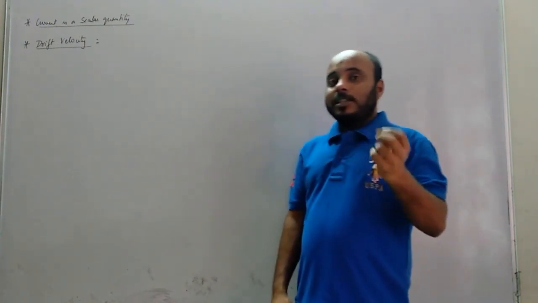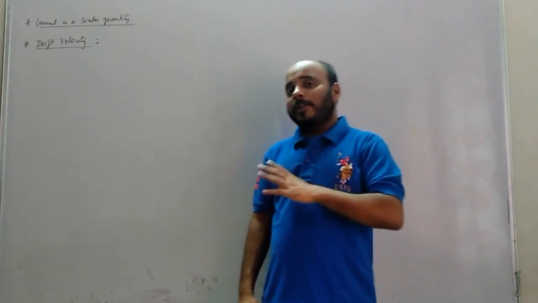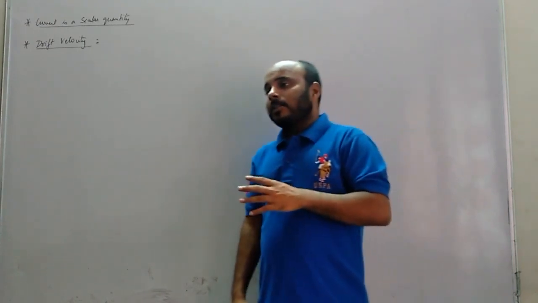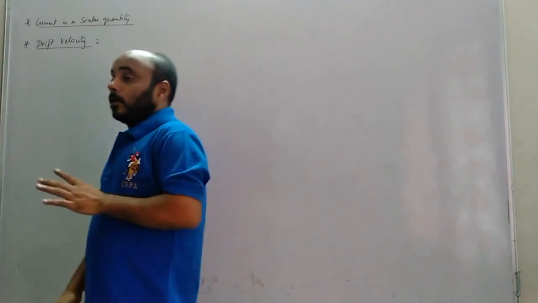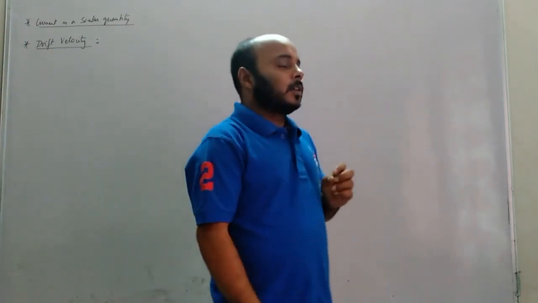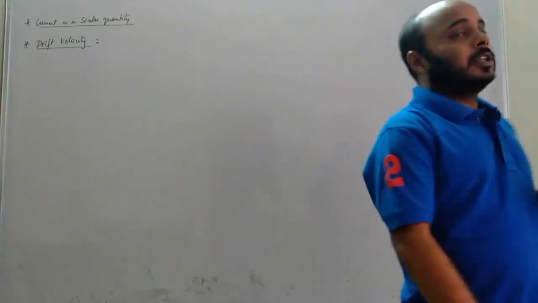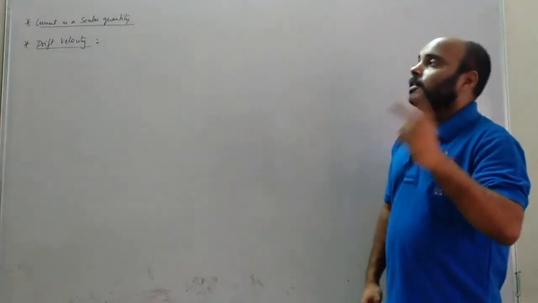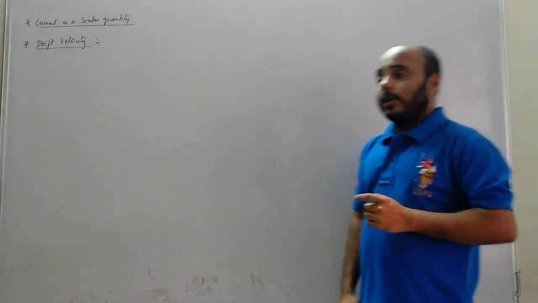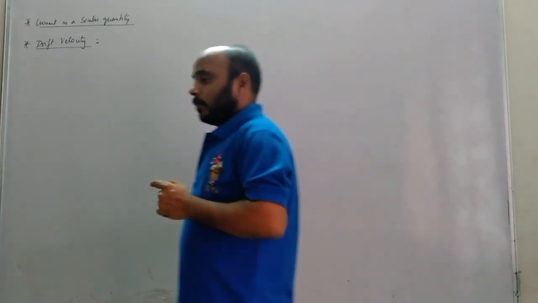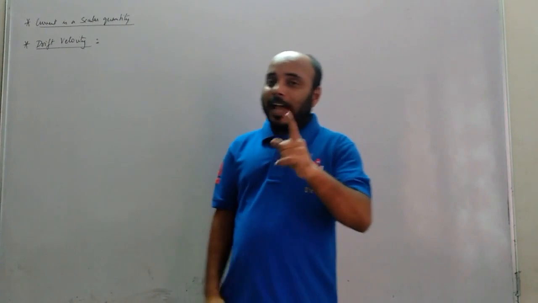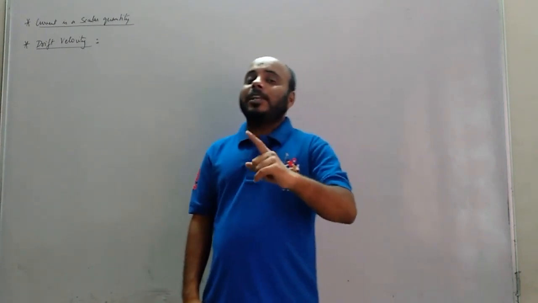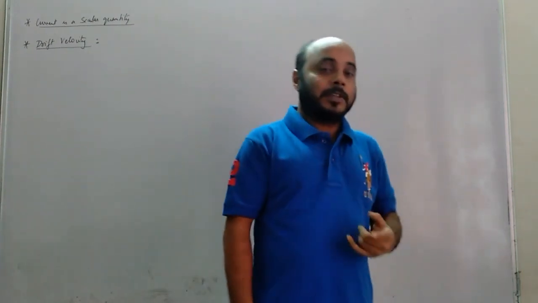So, since current has a direction, current must be a vector quantity. But it's quite interesting that current is a scalar quantity. It's a very important question. Current is a scalar quantity. Now, there are 2 points which justify this. The first point: the arrow which we show for the direction of current is actually not the direction of current, it is the direction of charge flow. This is one justification.